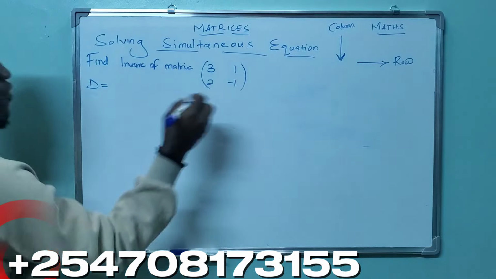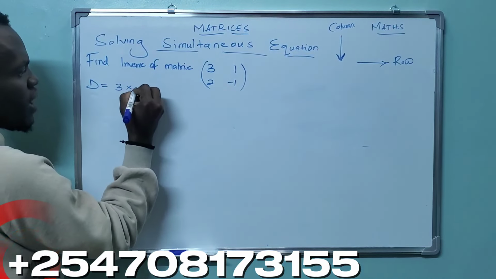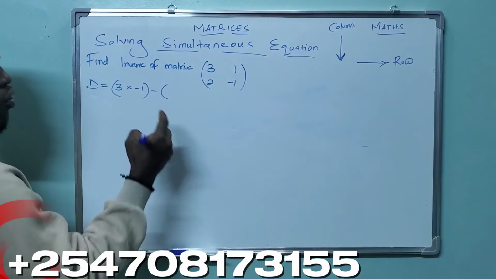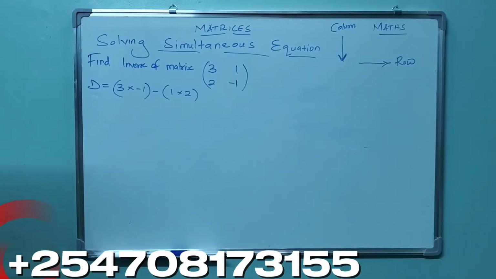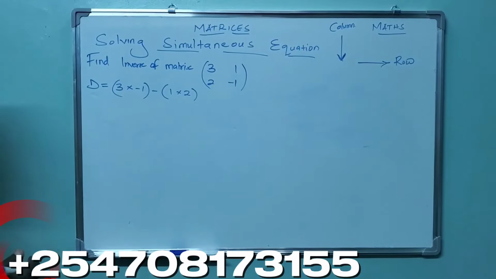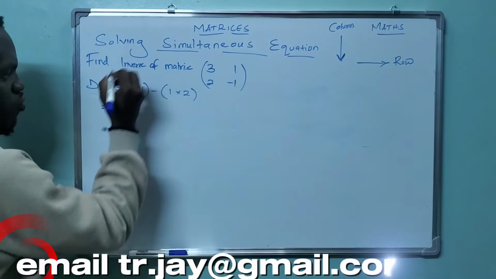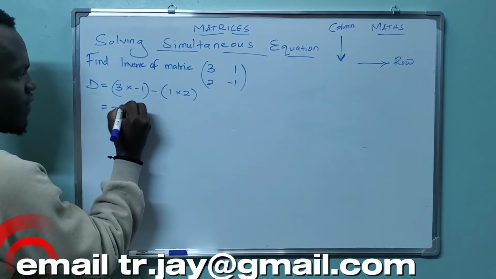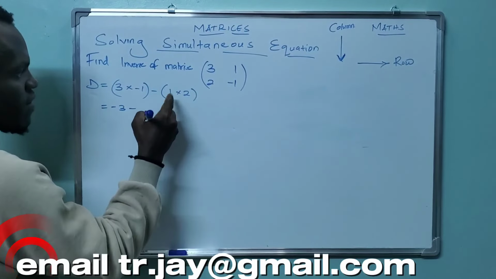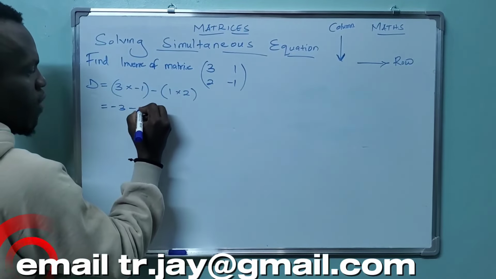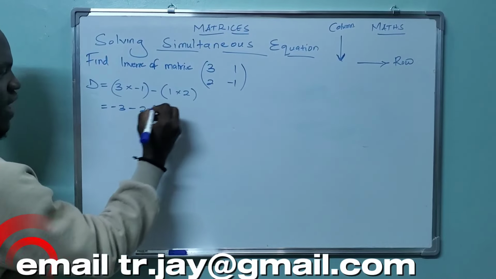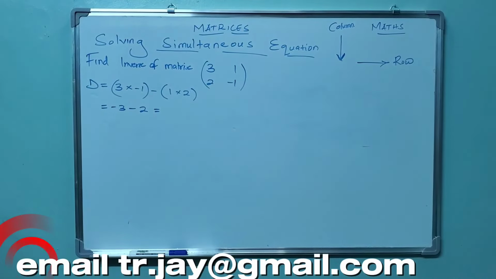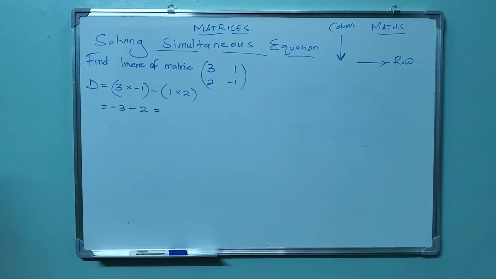In my case here, the lead diagonal is going to be 3 multiplied by -1, then minus the end diagonal, 1 multiplied by 2. So the determinant is -3 minus 2,